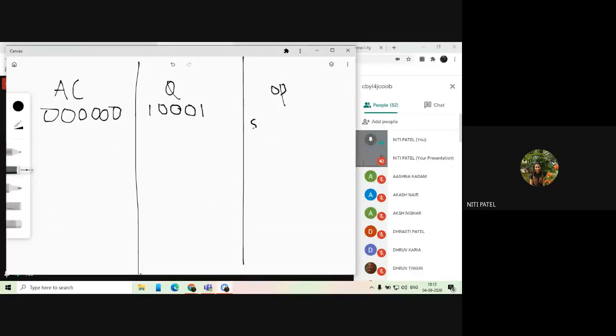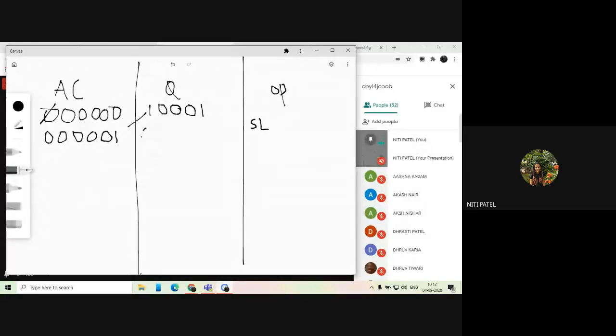I'll be doing shift left. So the bits are to be shifted towards the left hand side. When I shift the bits towards the left, this 0 will come over here, this 0 will come over here, and this 0 will be shifted to left, again and again. How many bits do I have? 1, 2, 3, 4, 5. How many do I want? Total 6. So I will take this 1 over here from Q. Again, shift the contents of Q towards left.